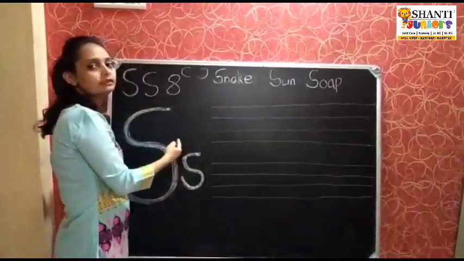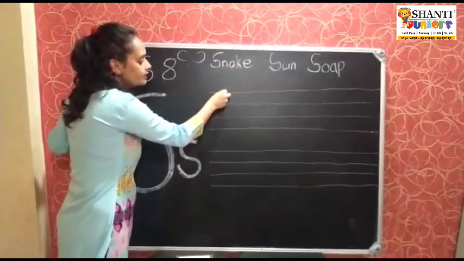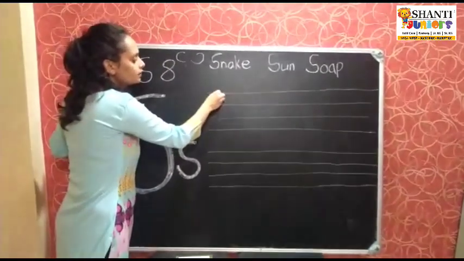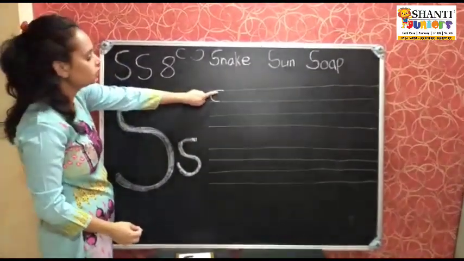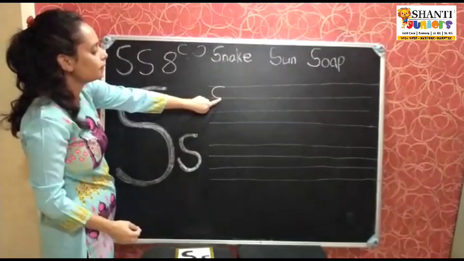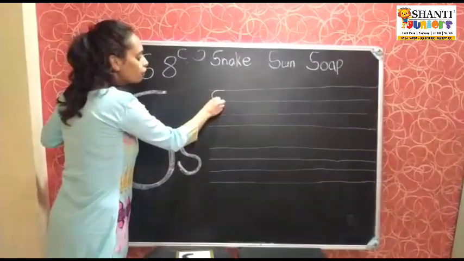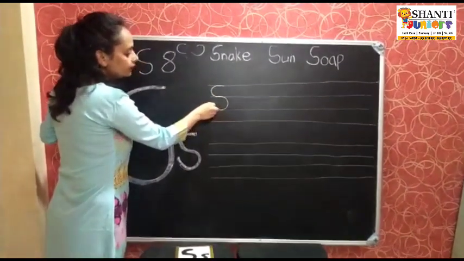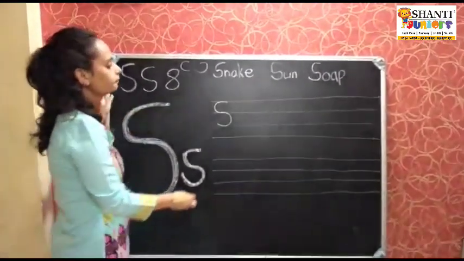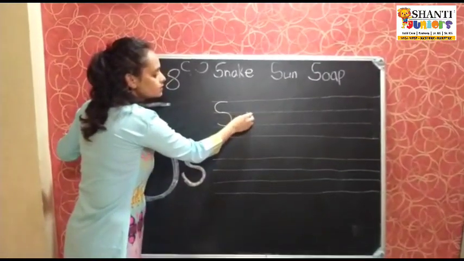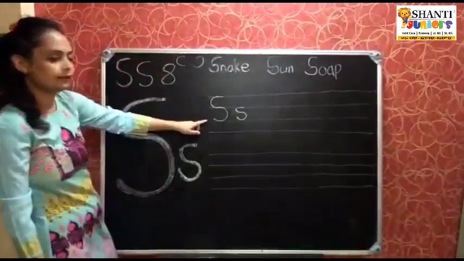So now we are going to learn in red and blue line. This is your red and blue line. Start capital S from the red line. Children, in the middle there is a blue line. So one curve you have to complete up to the blue line, and then you have to start a second curve from the blue line to the blue line. Like this, okay? The middle point should come in the middle. Now small s should be between the 2 blue lines like this. So it becomes letter S.